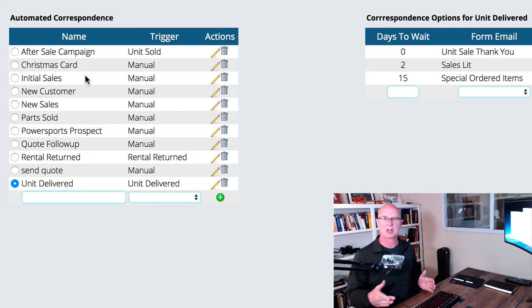I want to schedule another email in 6 months to remind them to come in to get their oil changed or to get some service done. I want to do it another time in a year. So this is something that when that process happens, it's going to schedule these things and start kicking off these emails or telephone calls. You also have the ability to create manual entries, and the manual ones you have to